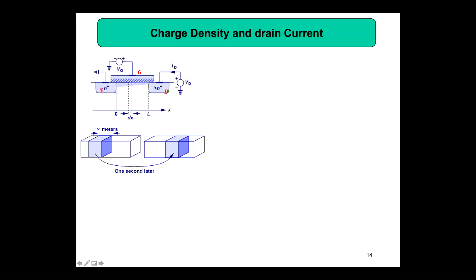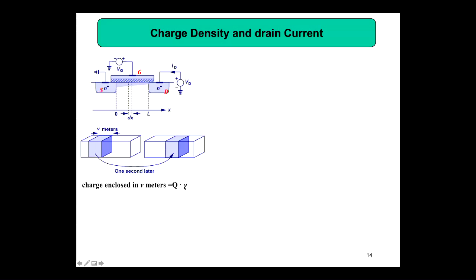And then the electrons are moving from here to here, so that your current direction is from here to here, and this much charge is moving. See, we are taking a cube of charge moving across this channel. Then we can write the charge enclosed in V meters, or L meters per second, that is equal to Q into